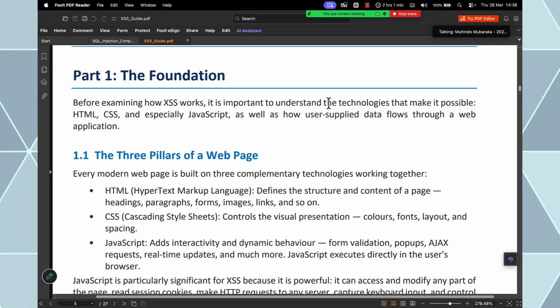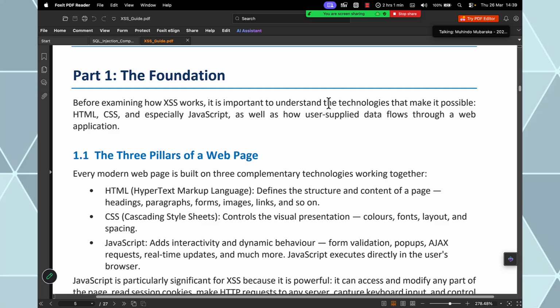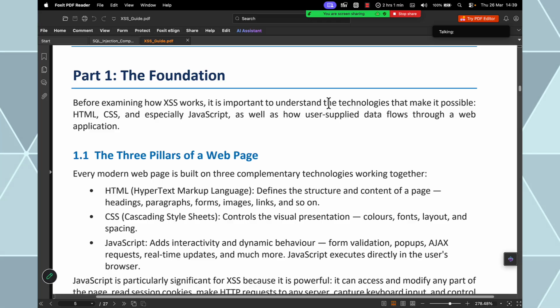So here are the three pillars of a web page. So the whole web page stands on the following. Number one,